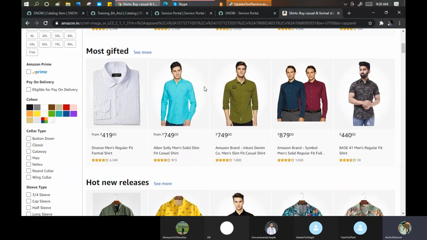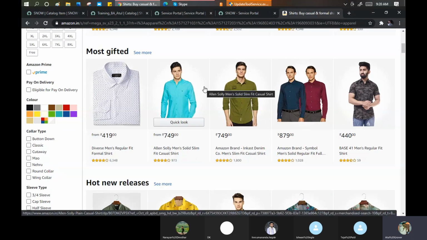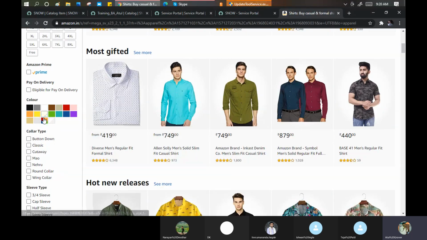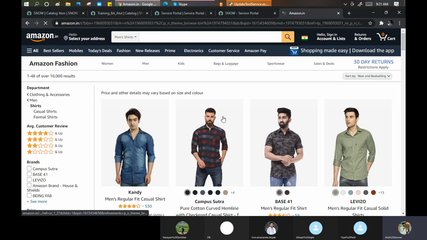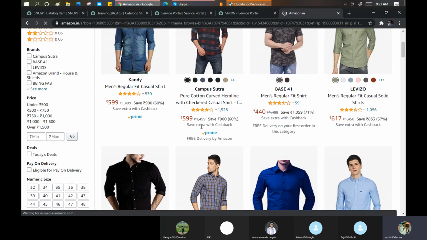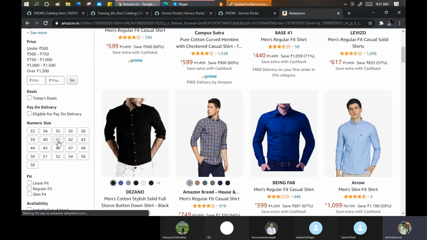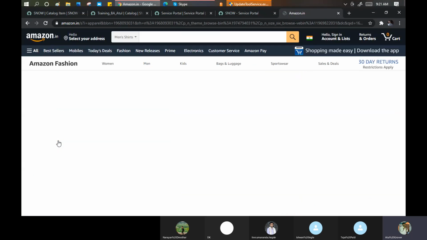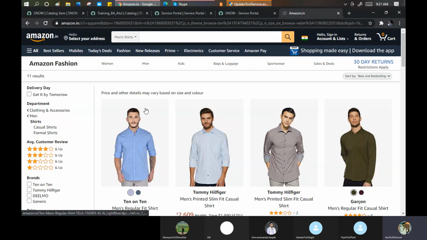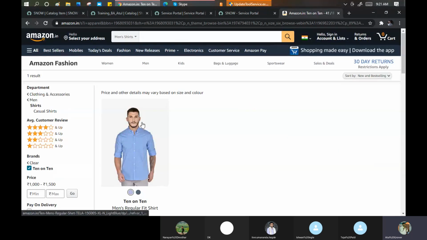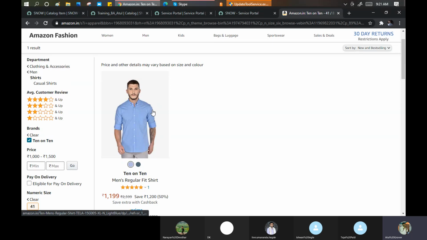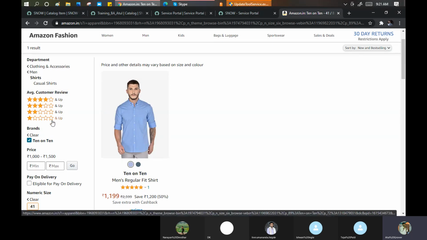At last, suppose they have just 1,000 shirts or 1,000 catalog items in their bucket, but they put the condition in such a manner that if you click on the button down, you will be able to see only those ones. Right? If I put in button down, if I put 41, my search is going more narrow now. In that, if I put only 10 on 10, only one is left. Ultimately, one catalog item only, but the way of showing is a little different here.